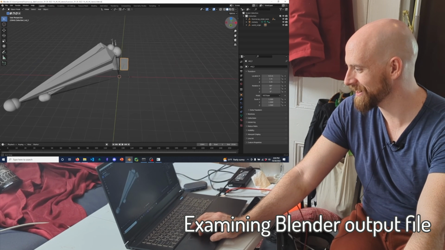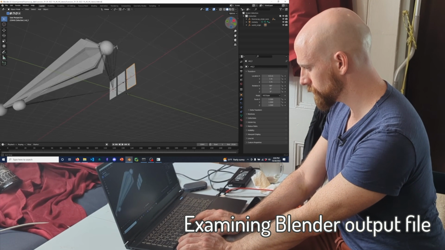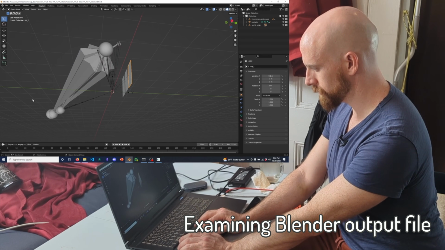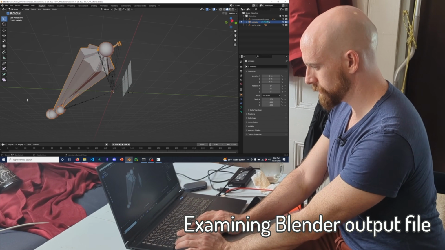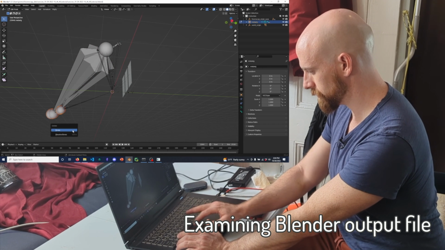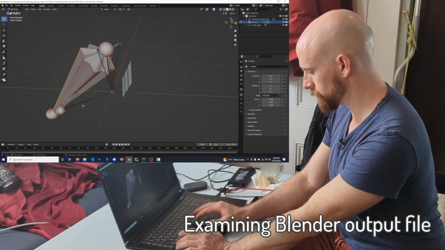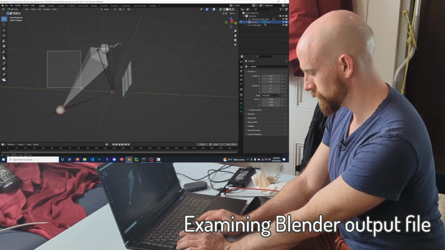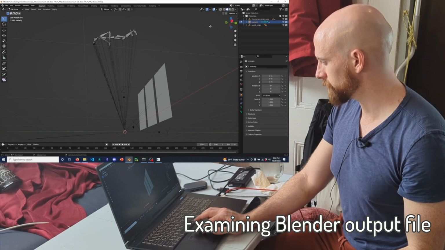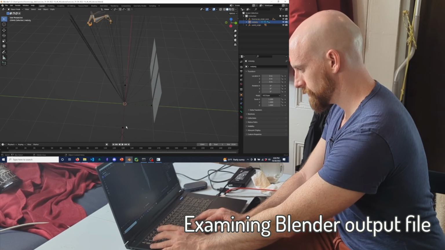So perfect recording, obviously. So I'm not quite sure what is going on here, but I do know: tab, go into edit mode, delete these bones, delete dissolve bones. Okay, the hands got messed up, so it made those giant bones. This is something that's also being worked on, this sort of automated Blender output. But let's look at this.